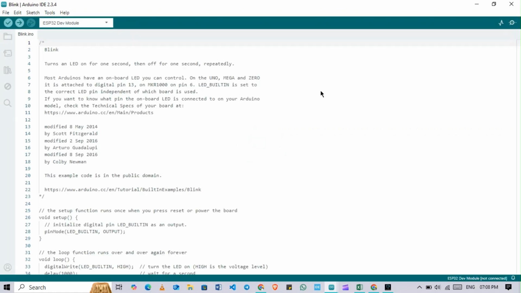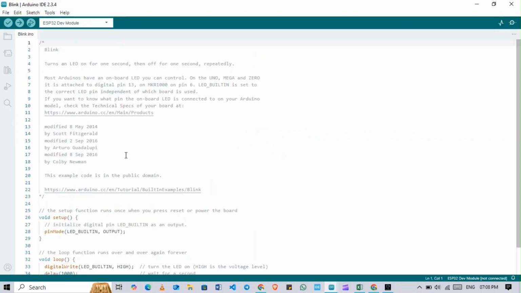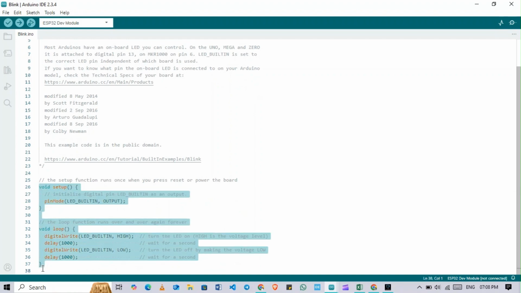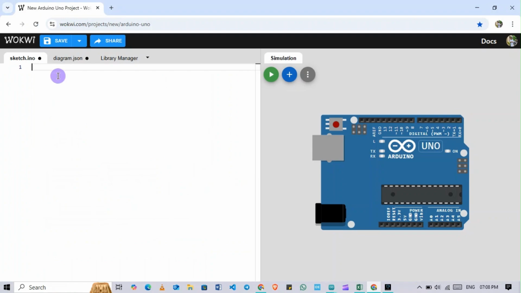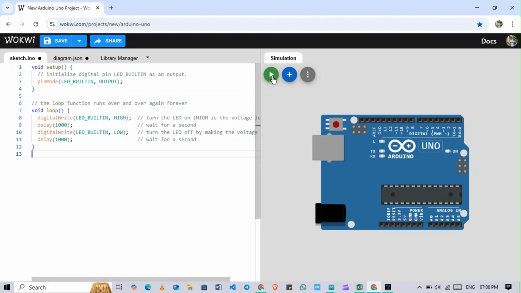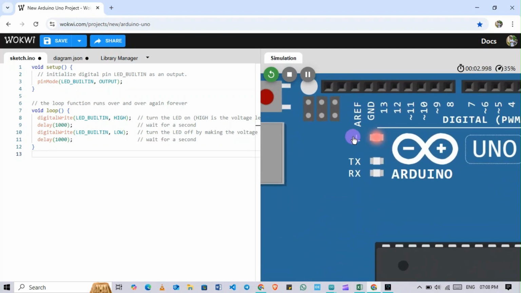In this code, you can see this is a basic LED blinking code. We will copy from here, then again go to this Wokwi platform. Here we will paste our code, and we will simulate this. If we simulate this, you can see here, our LED is blinking based on the 1